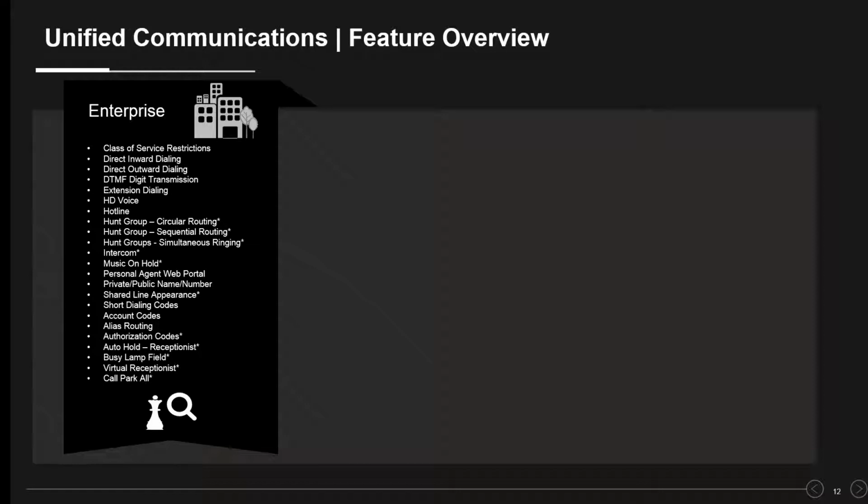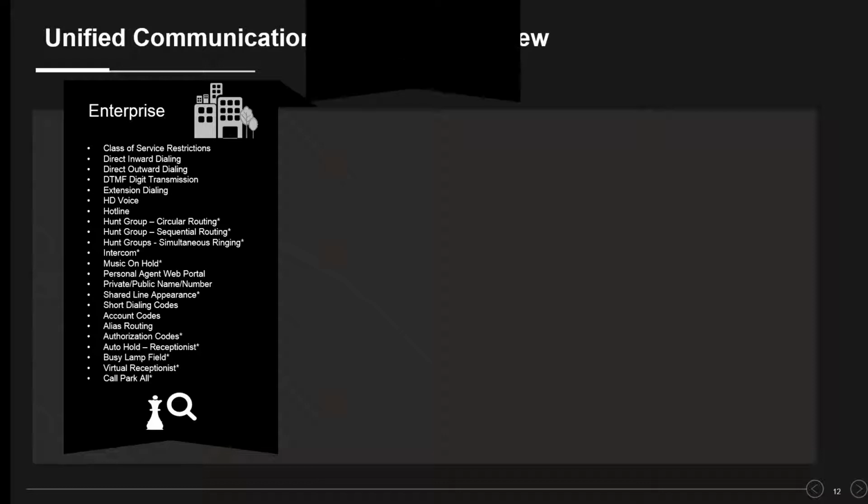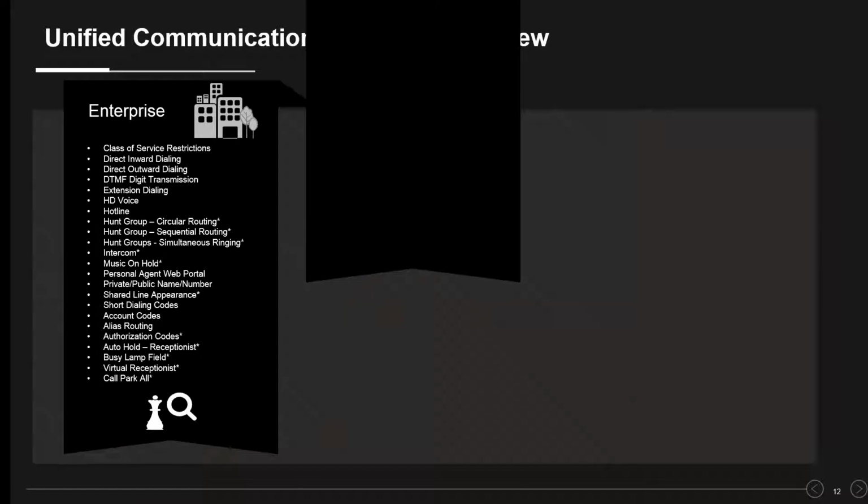Group or department level features are those that apply across a specific group or department. Many of these emulate a key system or PBX system functionality. Those highlighted impact call routing rules. In order to activate these features accurately, there is specific information that will need to be captured from the customer